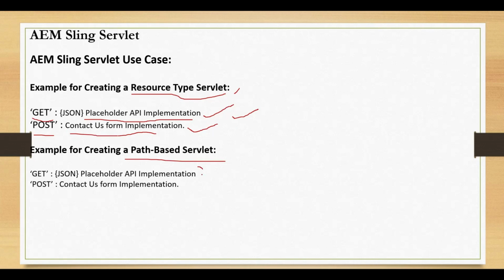The same kind of development we'll do for a path-based servlet, but in place of the resource type we'll add the path. Nothing else changes. The logic behind the scene will be the same, only the way we register it will be different. Otherwise, everything will be the same. So we'll take some time to develop everything from here. Next lecture, we are going to talk about one GET API integration first,